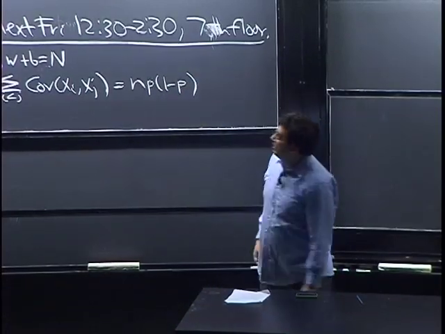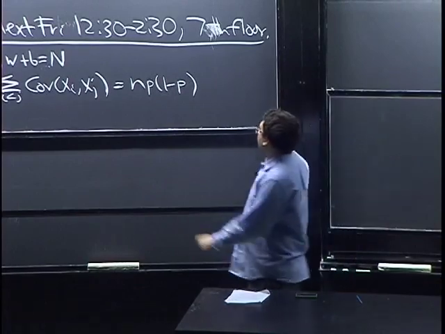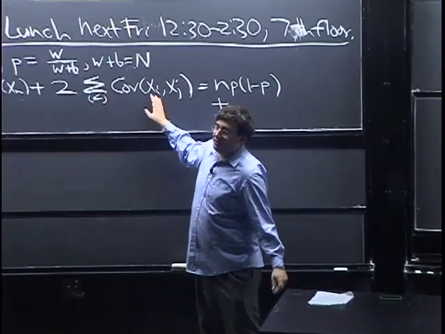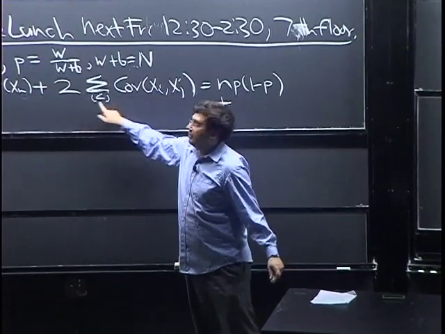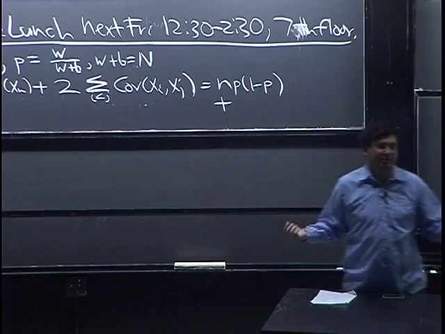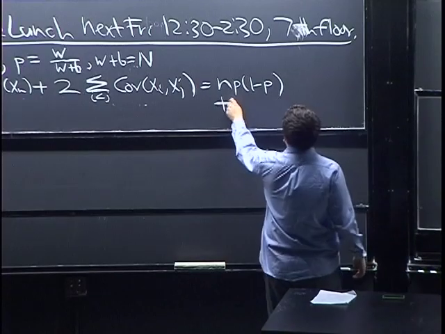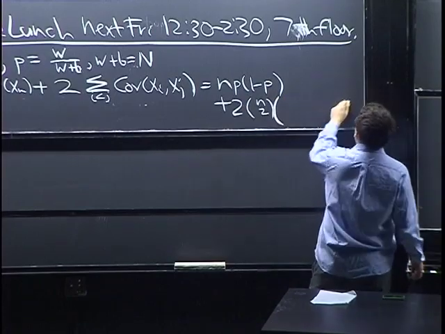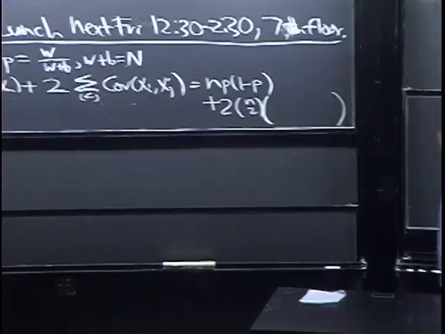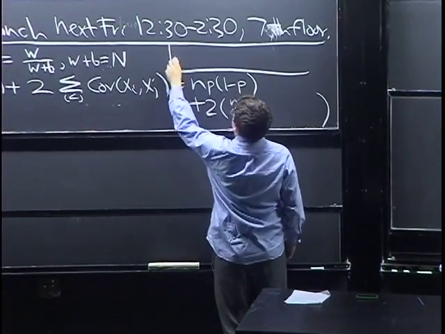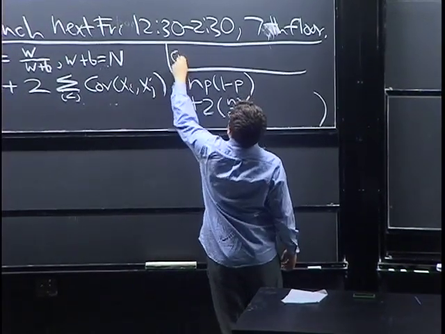And then we need all these covariance terms. By symmetry, they're all the same again. There are n choose 2 terms in this sum. So I'm just going to write 2 times n choose 2, and then we don't have to do a sum anymore. And we want the covariance between X1 and X2. We did this quickly last time, but it's important enough to write it down again. Covariance of X1 and X2